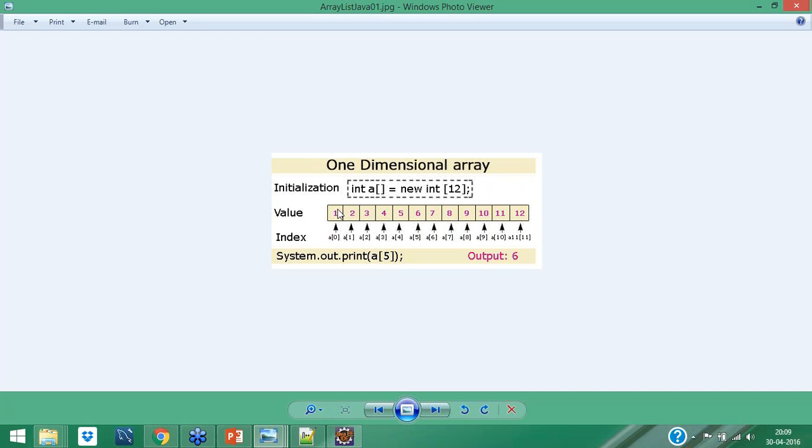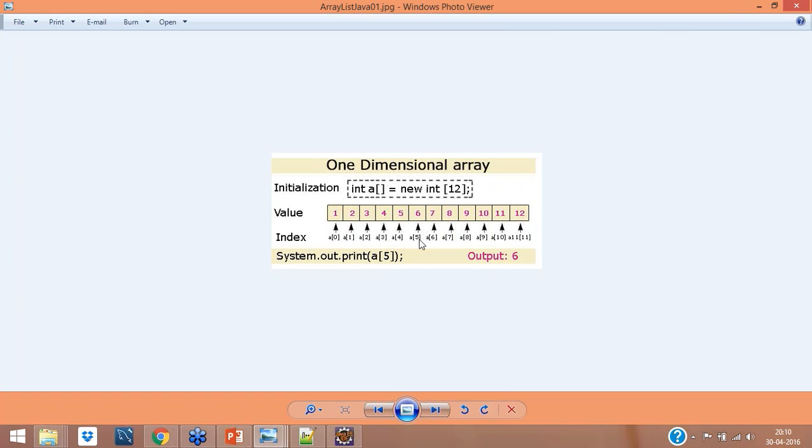You cannot go beyond 12. It has indexes: 0, 1, 2, 3. It doesn't start from 1; it starts from 0 and goes till 11.